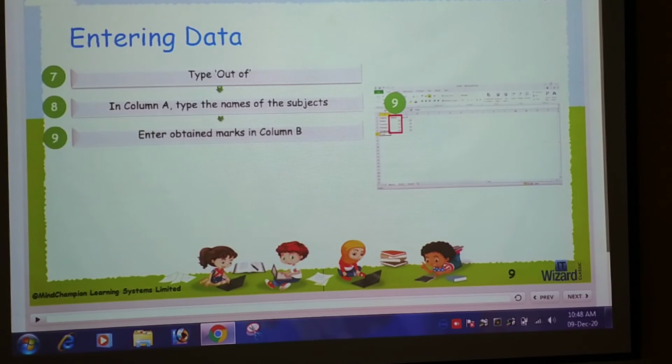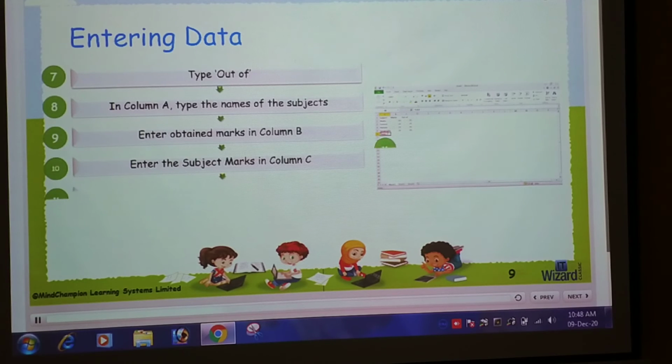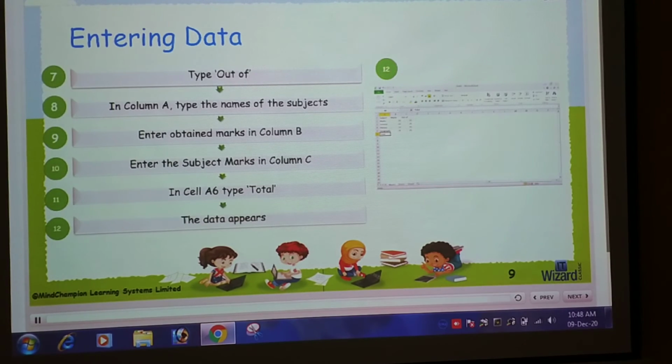Enter the obtained marks in column B. Enter the subject marks in column C. In cell A6 type total. The data appears in Excel sheet format.